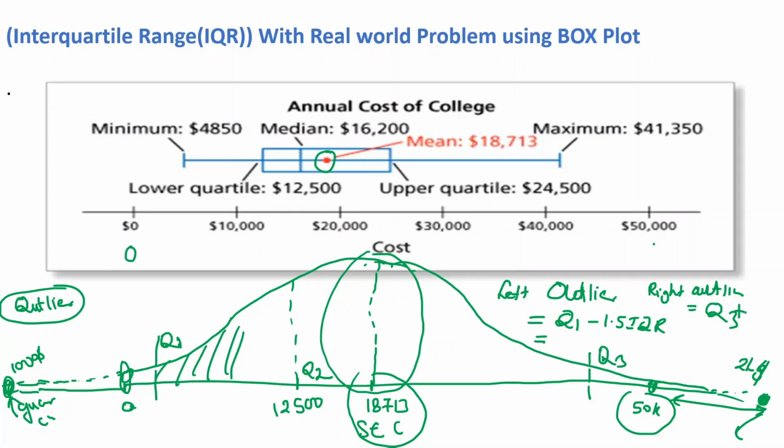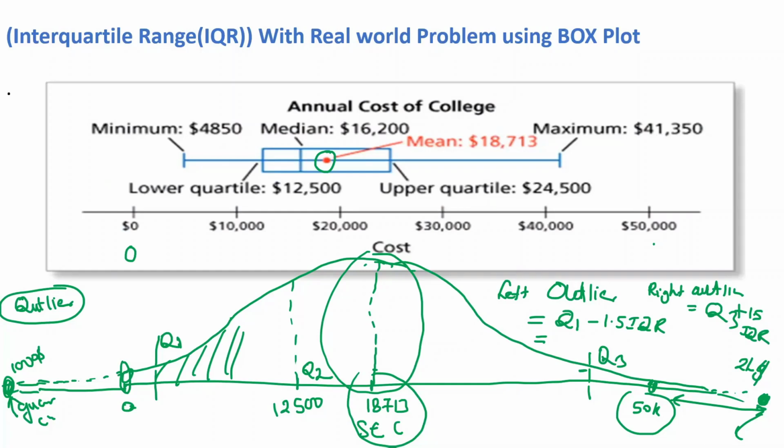So Q3 plus, because we need to add from here to here, this is your Q3, from this point to this point. So this total is your Q3 plus 1.5 IQR. This way we can calculate these two values, the left outlier and the right outlier. So we can use this formula to calculate the outlier. I will create another video on how to calculate the outlier by using interquartile range and standard deviation. You can follow that video if you want to understand what an outlier is and how we calculate the outlier by using some Python coding.